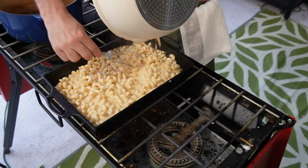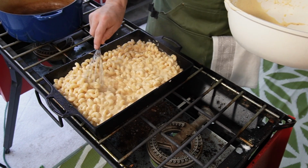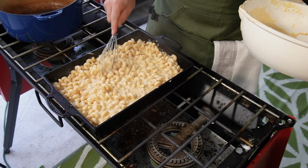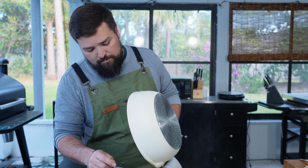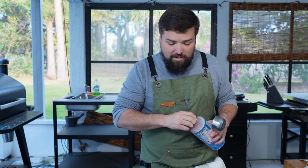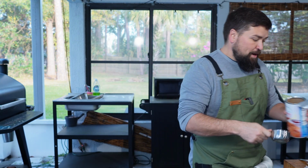Oh, that looks awesome. Does it look like my cheese is a little bit uneven? I wanna evenly disperse it. Probably don't need to. It'll move around as it cooks. It smells so good. My goodness. Goodness gracious. Now, as with most fancy mac and cheese recipes, this one calls for a little Panko breadcrumb